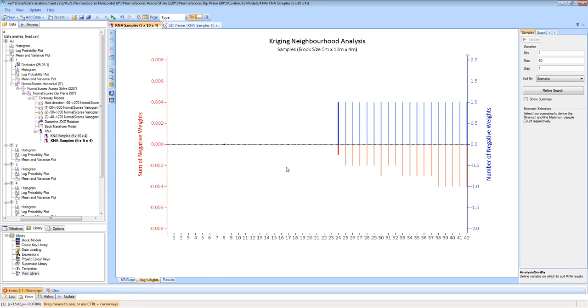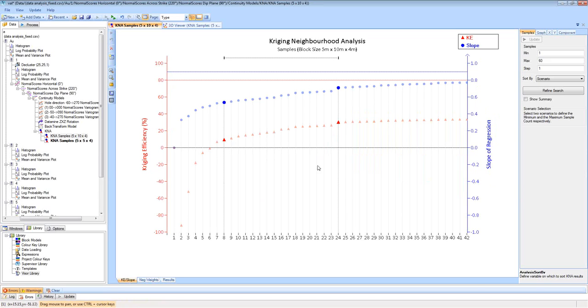These 2 graphs are linked, so if I change my selection on this graph, it will also change it on the kriging efficiency and slope graph as well. Once we've selected the number of samples we want to use, the next step is to look at your search ellipse size. So again, you can click on the right-hand side on Refine, or you can double-click on one of